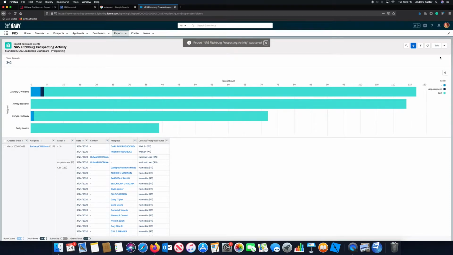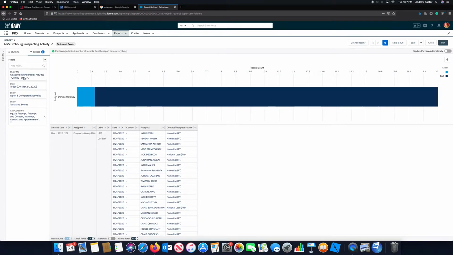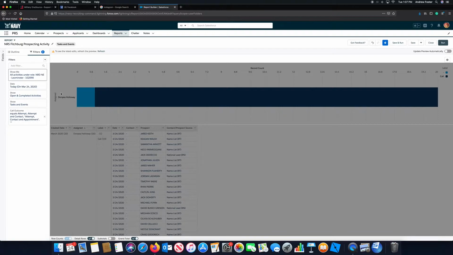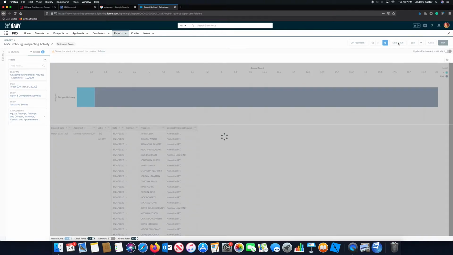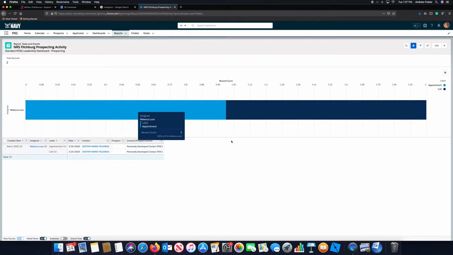Once you do that, select Edit. Come over to Filter. You can still see it's filtered to NRS Quincy. Now we're going to select it to Fitchburg. They're still showing as Westminster. Hit Done. And now that I hit Done, click Save and Run. And it's going to show up their prospecting activity. So there's Petty Officer Luce, one of the recruiters out of NRS Fitchburg. So this is how